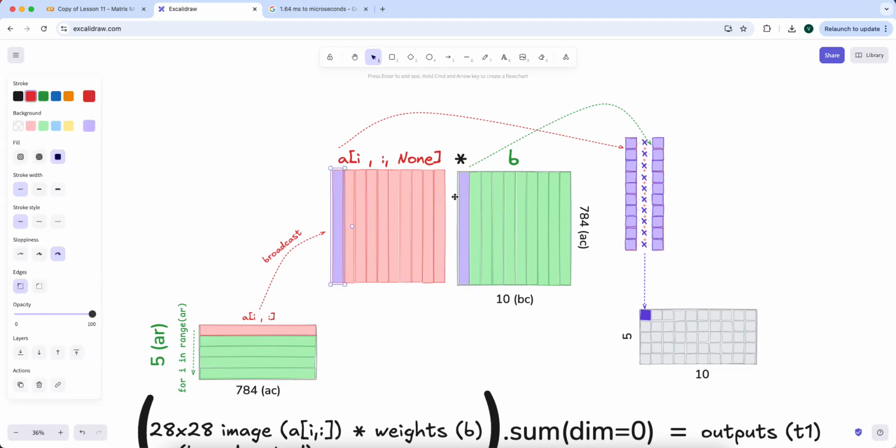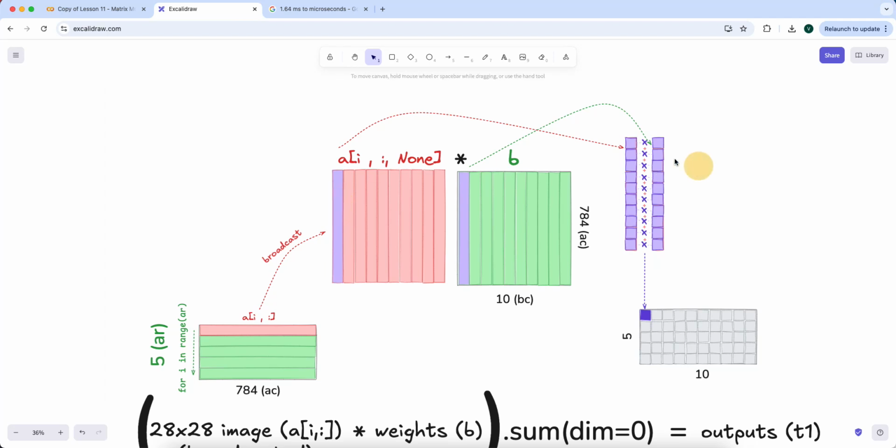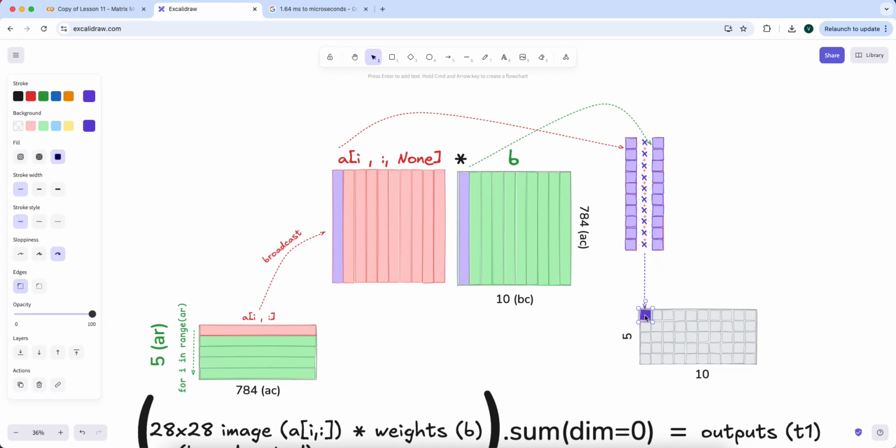Every single one of these corresponding columns has a dot product performed between them, and that value gets stored in our output matrix. And because we're doing 10 dot products, all 10 of these are going to get populated with one operation. Then we go down to image 2, and then the next 10 dot products, and the next 10, and the next 10. That way, we only have 5 iterations that we go through, and we get our full 5 by 10